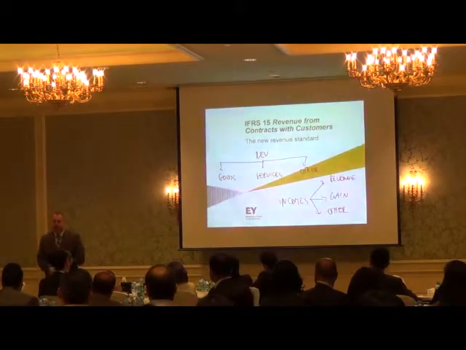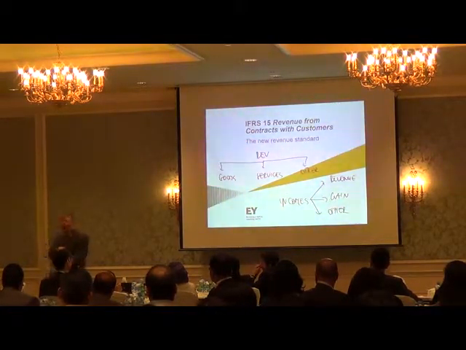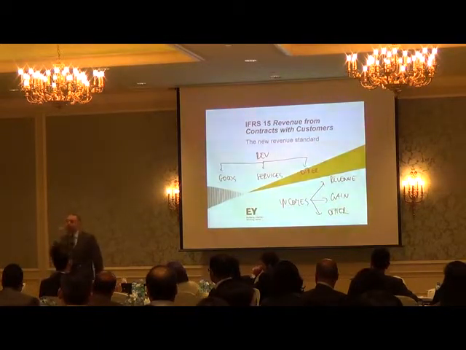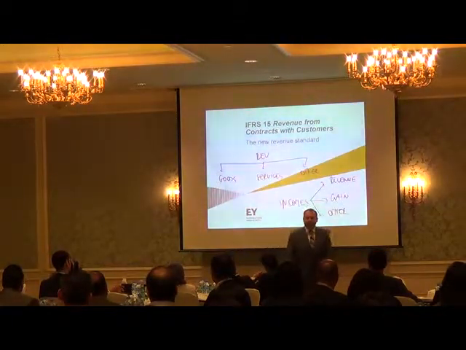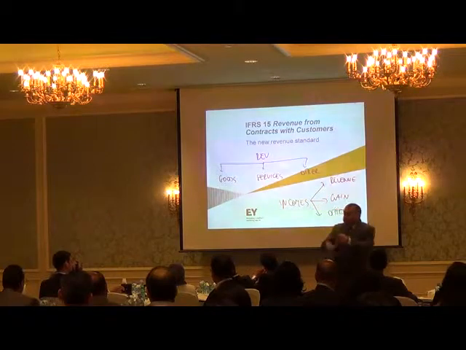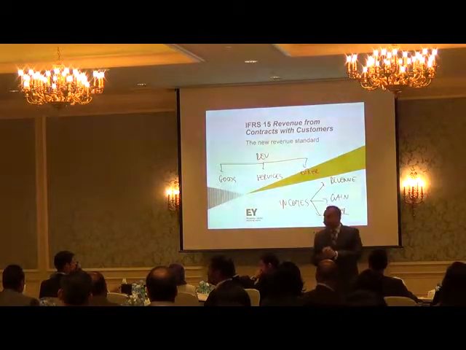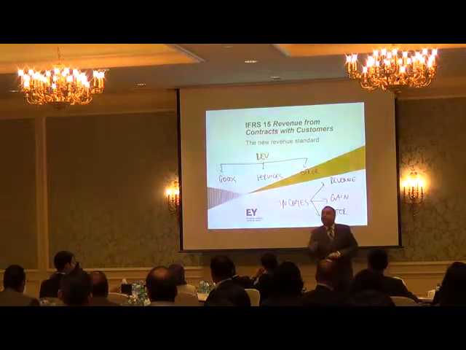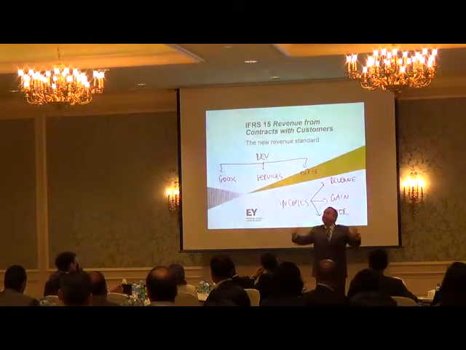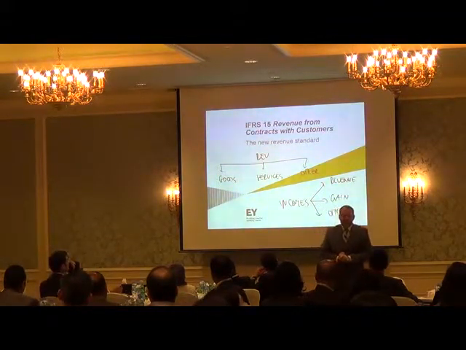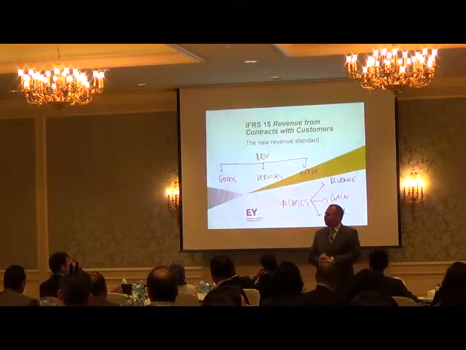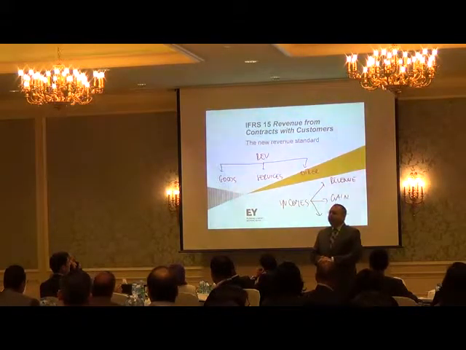Let me give you an example, because this one actually, to be honest, is very hard to see if you just read the revenue statement. Let's assume that my activity is to produce shoes. Okay? Now, what is going to be my revenue? Of course, the selling of shoes is going to generate me the revenue. That's pretty obvious. Now, let's assume that for some reason I purchased a type of leather. But that leather I don't like anymore, and I'm going to sell it to somebody else. Is it going to generate me a revenue if I'm selling leather to somebody else when I am a shoe manufacturer? No. The answer is going to be no. Why? Because this is not part of my core business.